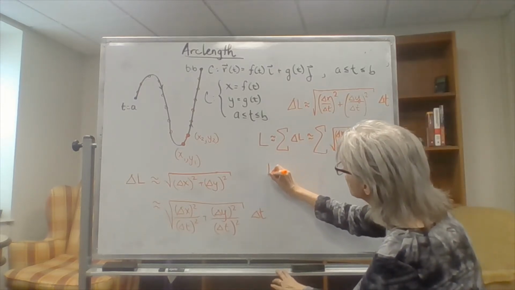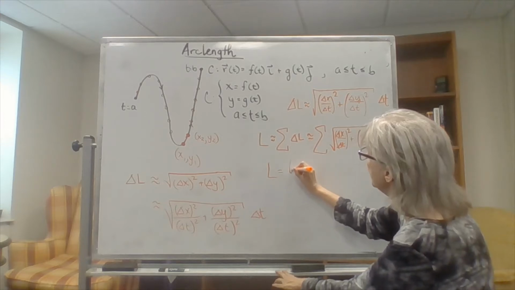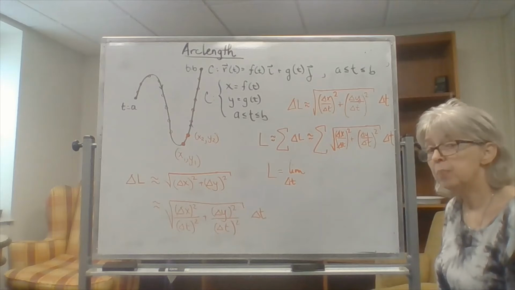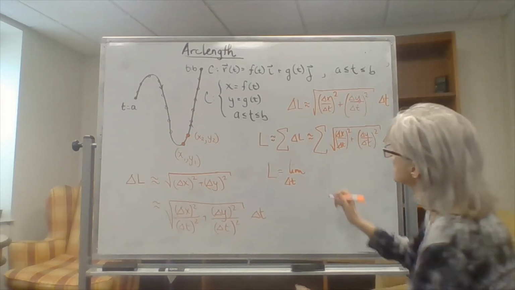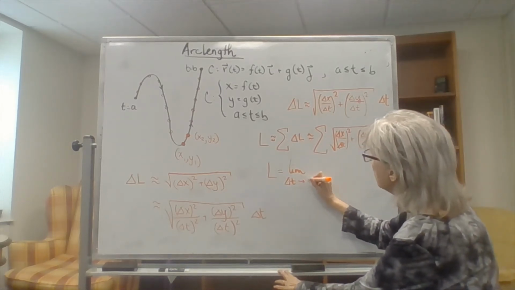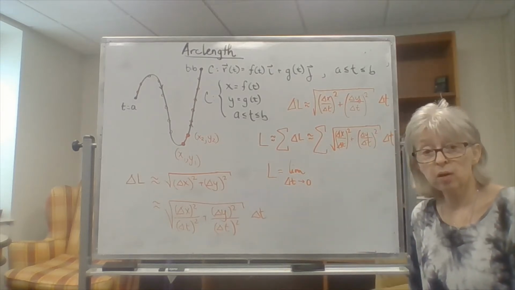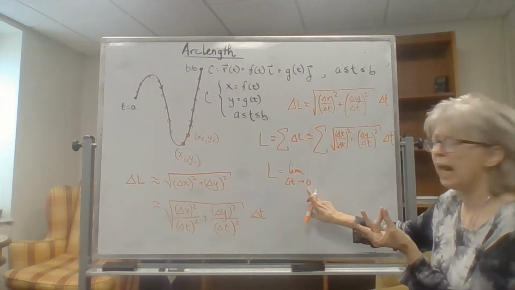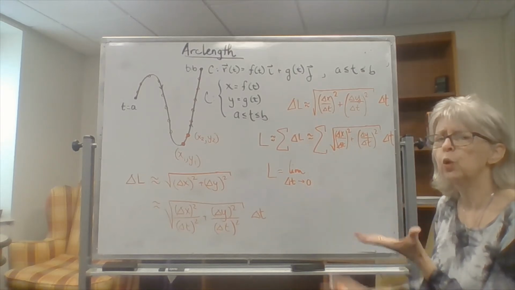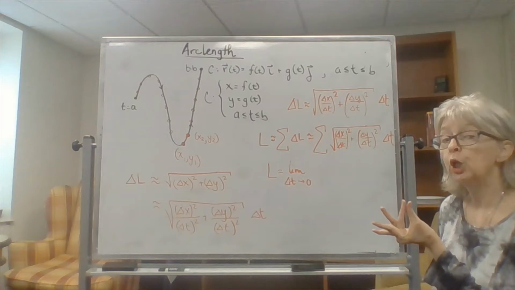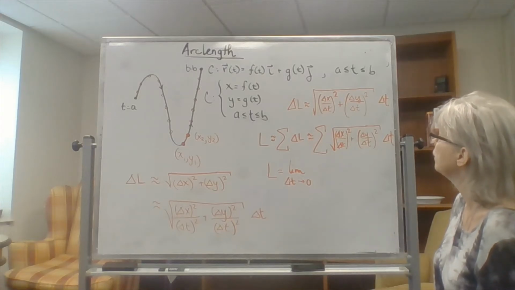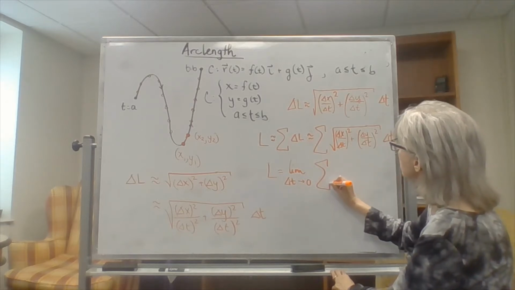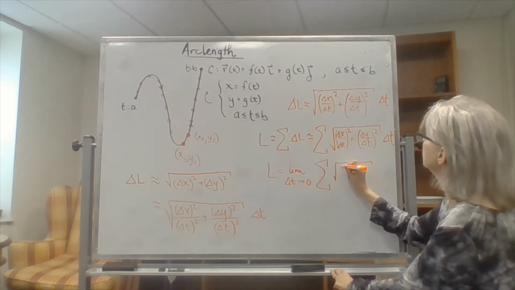So in other words, I'm going to let the time step in between 2 points get small. I'm not going to let it be equal to 0. I'm going to let it get small. Limits are not about what happens at a specific value. Limits are about what happens when you get close to a specific value. So if I take the limit of a sum of something,